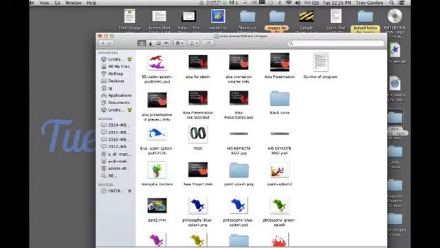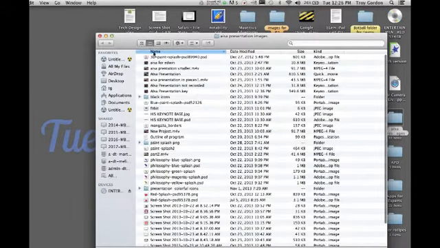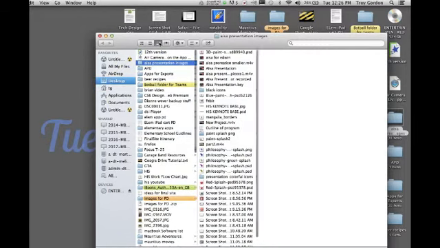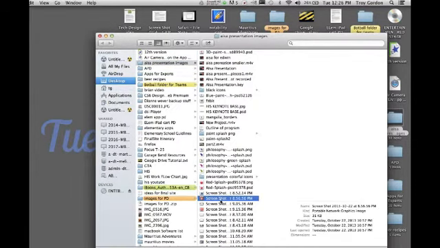Some people prefer the list view. That'll put them in either alphabetical order based by name or date modified or size or kind. You can choose which one you want by clicking on these columns up at the top. You also have the column view. The column view is helpful because it tells you where the file is. I can see over here it's in desktop. In the desktop I have the ASA presentation folder, and then within that folder I can see the items that